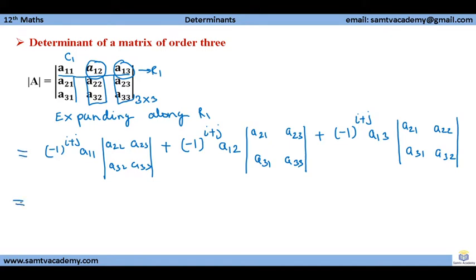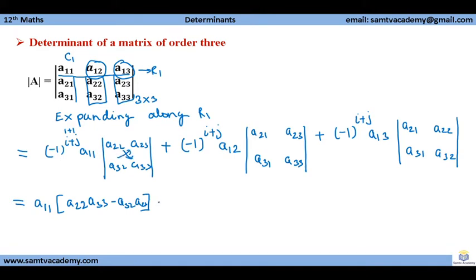So now what is i here? i is 1, j is 1, 1 plus 1, that is 2. It will make this a square and so it will give a positive sign. So we will write here directly A11. We will solve this. So this will be A22, A33 minus A32, A23. Like this we are taking the principal diagonal and the other diagonal.